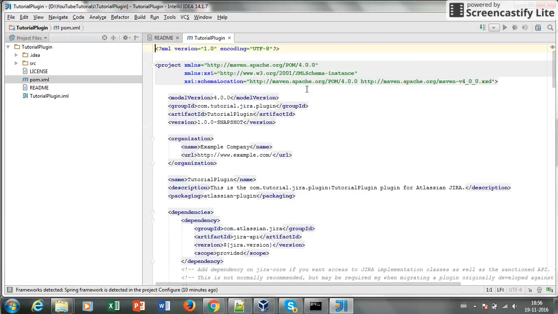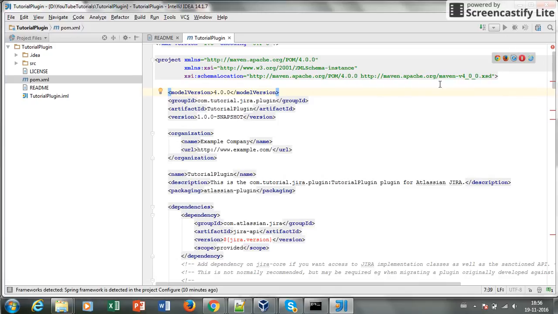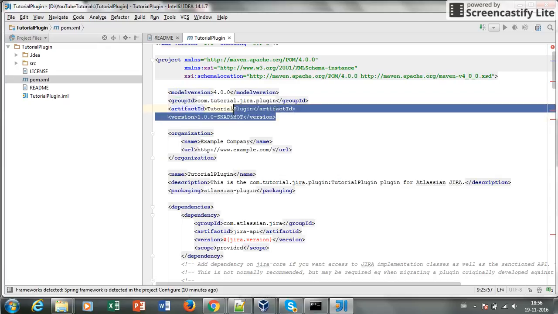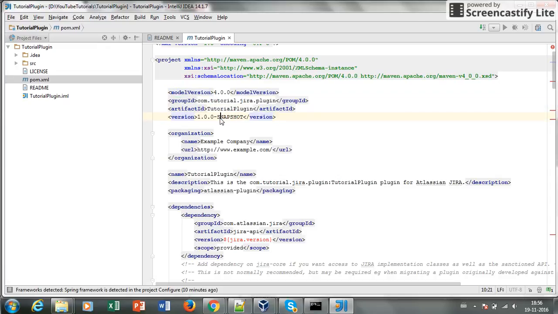Right, so let's understand what this pom.xml is exactly. This is the configuration file that your plugin needs to have. So these are the options that we provided, like version, artifact ID, group ID. So yeah, the version of the plugin that you are going to have will be managed by this. If you remember, we just left it because we don't need to manage the version right now. So it's okay to have